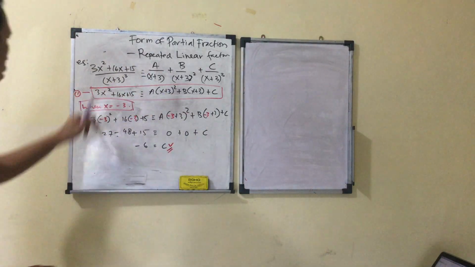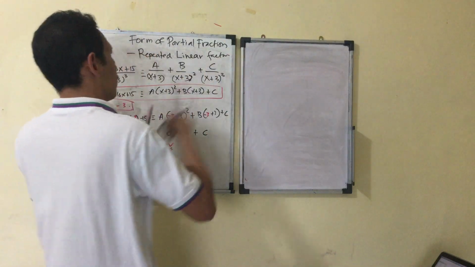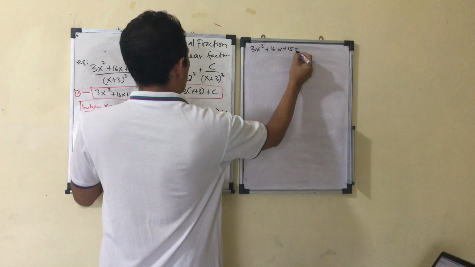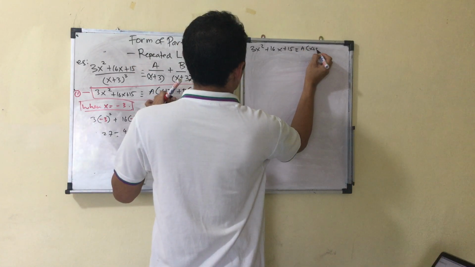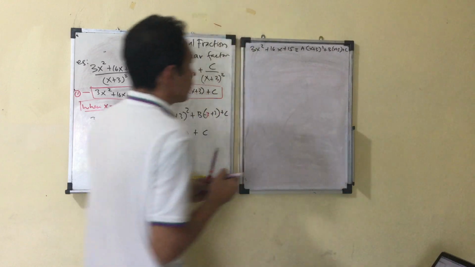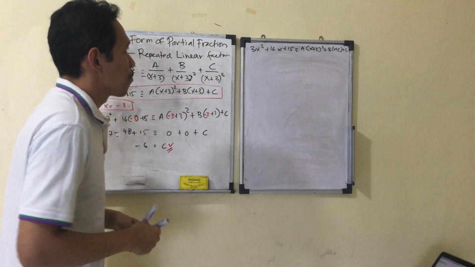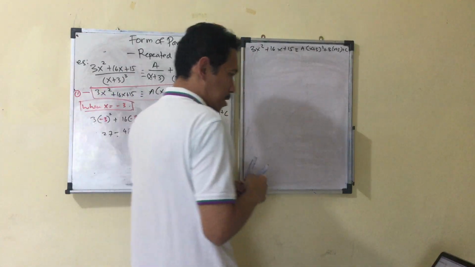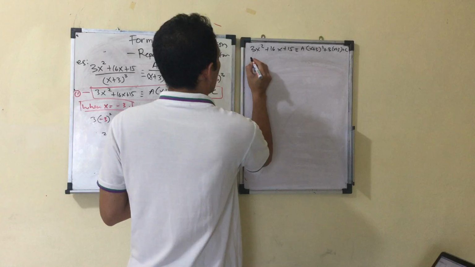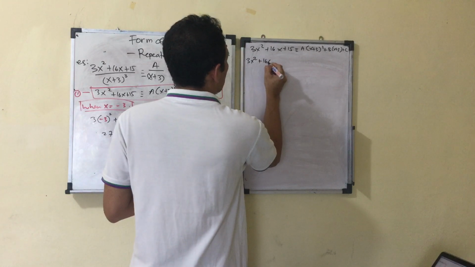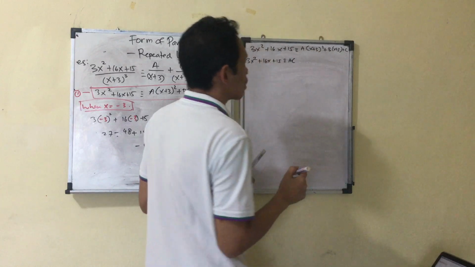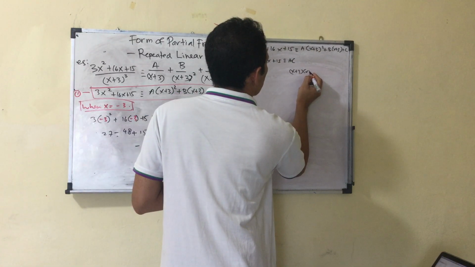So we can use equation 1 then. Let's put them back here: 3x squared plus 16x plus 15 is equivalent to a(x plus 3) squared plus b(x plus 3) plus c, right? You just write down this again. So you can actually decompose it, or you can actually expand this. If you expand this expression, it will become 3x squared plus 16x plus 15 is equivalent to a times (x plus 3)(x plus 3)